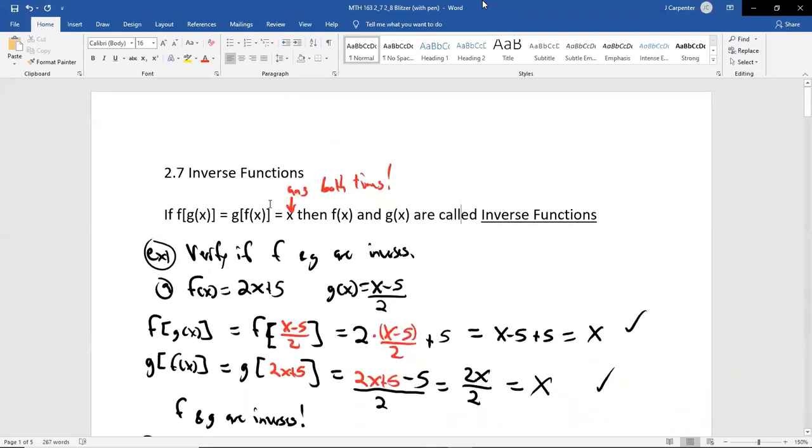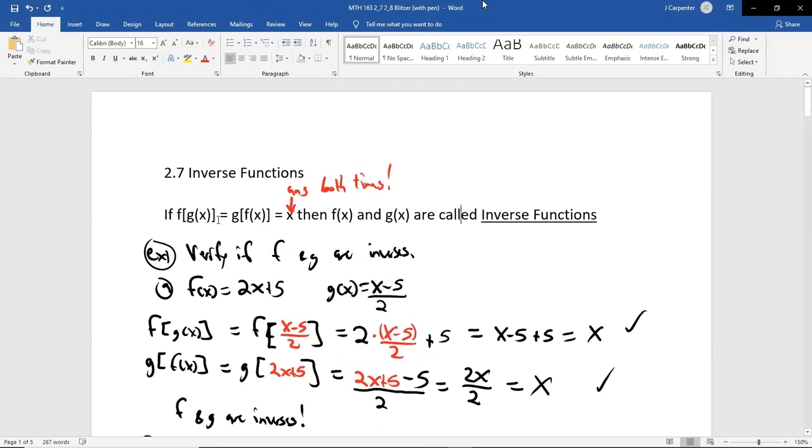We talked about the idea of inverse functions last class, and that they're kind of like opposites of each other, in the way that addition and subtraction, we think of them as opposites. In the way of multiplication and division, we think of them as opposites. Opposite's not really the right word in that last case; it's more known as reciprocals with multiplication and division, but some people give them the true word, that is inverses. So addition and subtraction are inverses, multiplication and division are inverses. It's all about, if you do one thing and then the other thing, they cancel each other out. That's the idea of an inverse function.